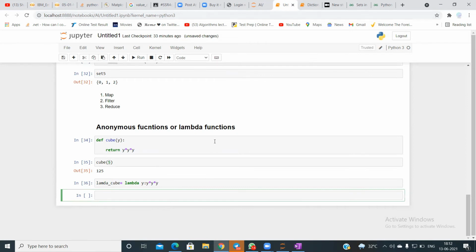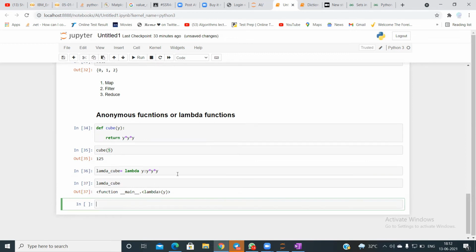Now my lambda function is created, but when I check my lambda function, it will just show you that this is a lambda function, but you won't get any value because it's an anonymous function and it's not stored in the memory, so it won't show you the output.